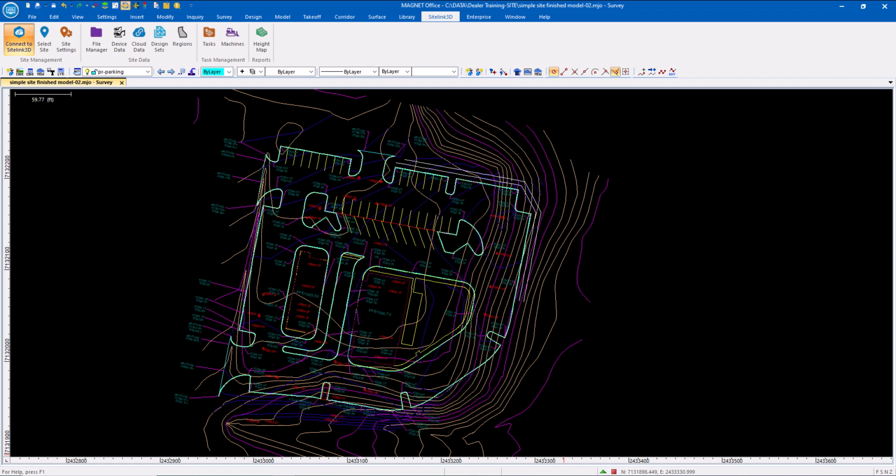When we talk about Magnet and we talk about TopCon software, one of the central hubs to all this is the seamless workflow. The fact that all of the different components and all of the different systems are integrated into a seamless, consistent workflow. So let's take, for example, we have gone into Magnet Office and we've taken a CAD file and we